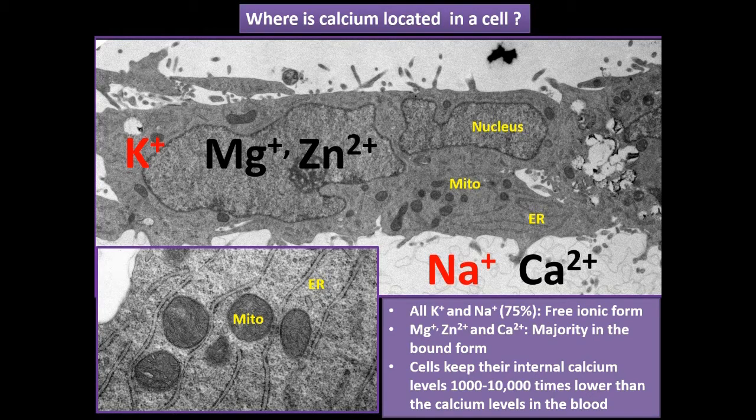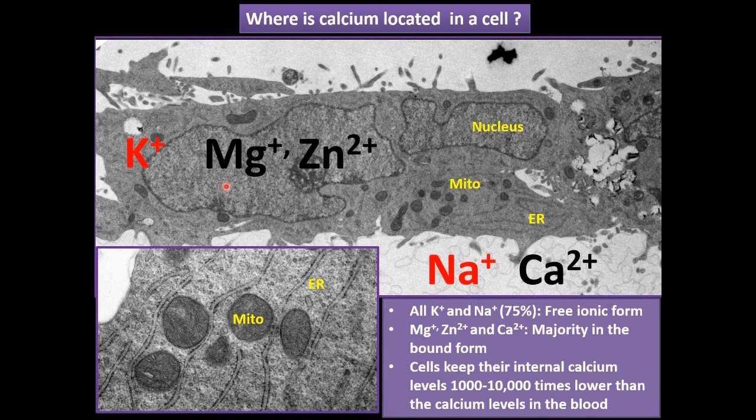Cells keep their internal calcium levels 1,000 to 10,000 times lower than the calcium levels in the blood or interstitial fluid. Thus, when an ion channel opens in the plasma membrane, then calcium ions immediately enter the cell by passive diffusion. The differentially abundant concentration of calcium, magnesium, potassium, zinc in the context of intra or extracellular is represented by bigger fonts. So,